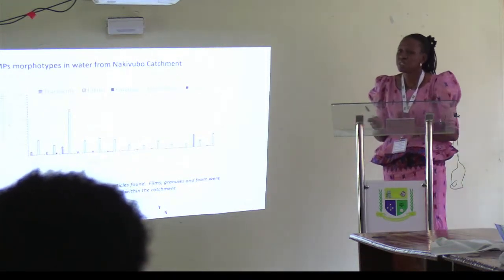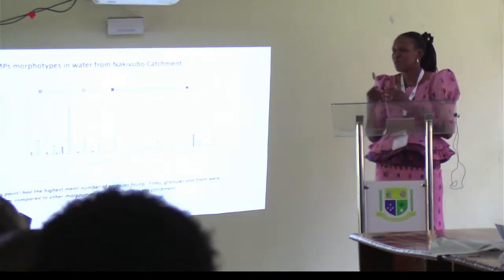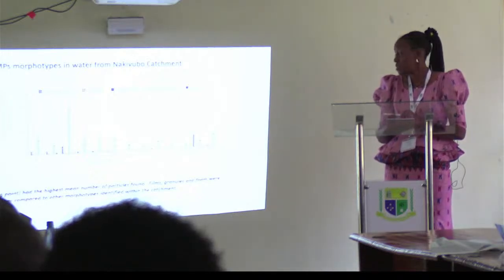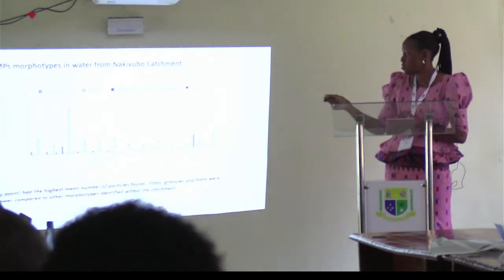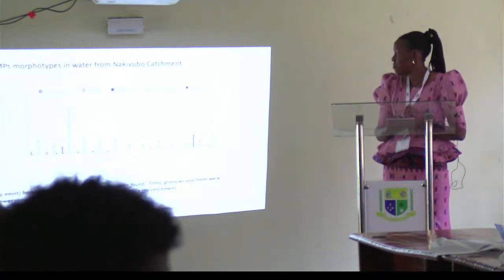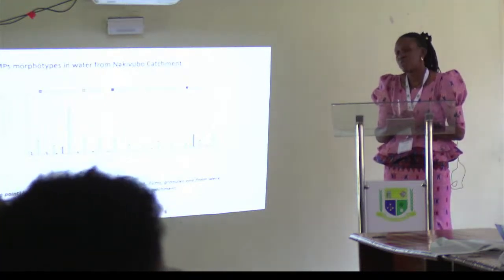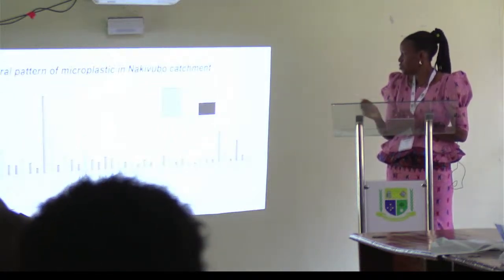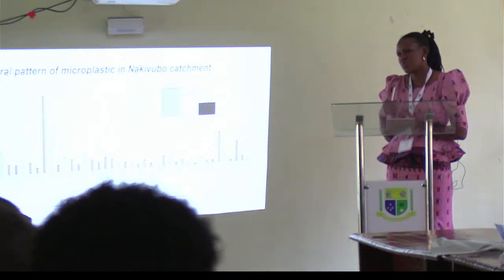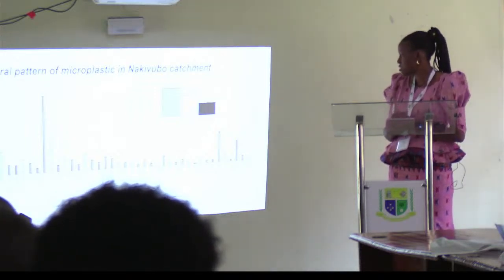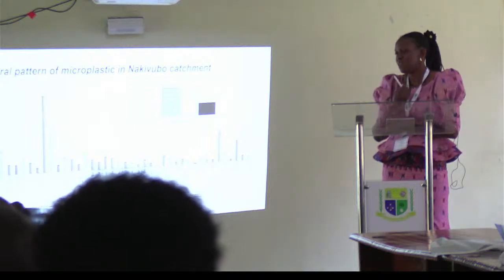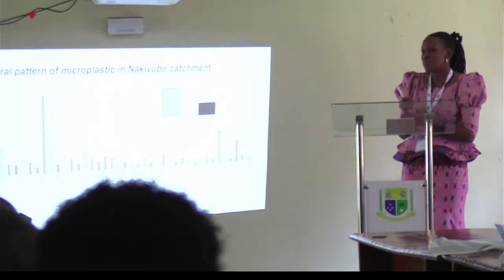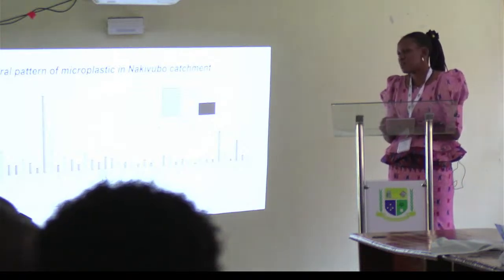S3 is a washing bay. So when you take your car for washing, what are some of the byproducts that are going to end up discharged within the water bodies? That is why, here, in terms of percentage, we have very many filaments present within that particular area. We also try to compare the wet season and the dry season to see if they have any effect on the increased accumulation of microplastics within the different areas.